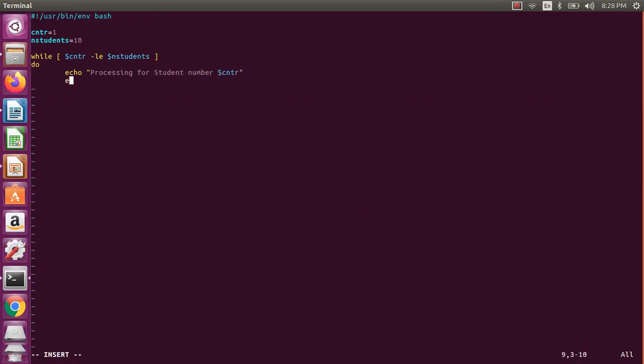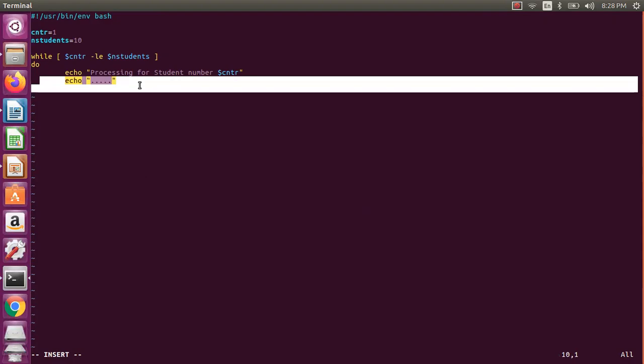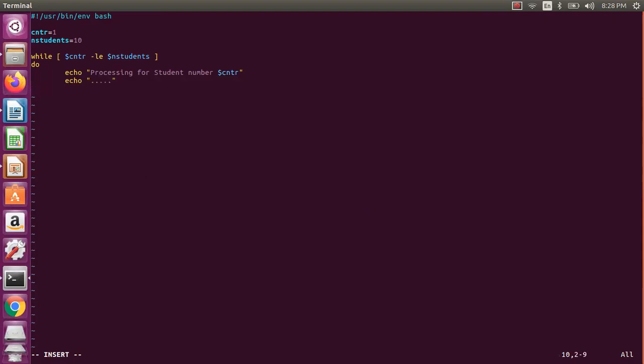I'll just say something like this, just a simulation. Here you can do real processing, accept the user input, and all that. Now I'll just say done, maybe in the same line. This is the general thing. And of course I need to increment the counter plus 1.